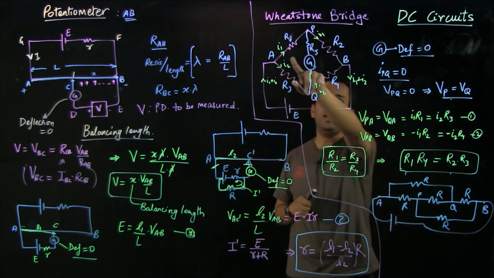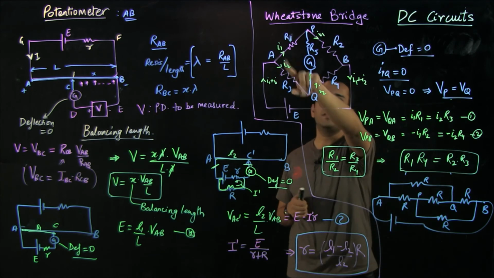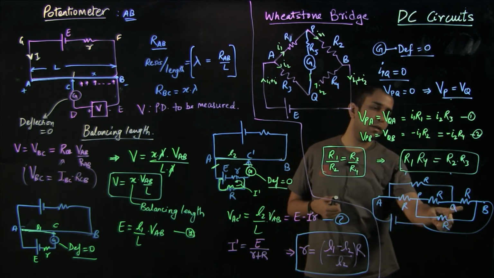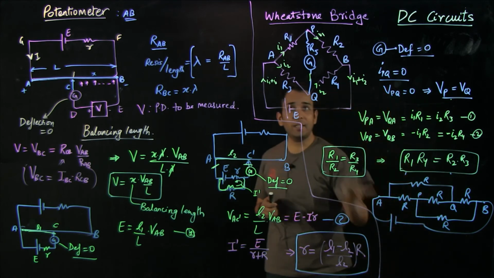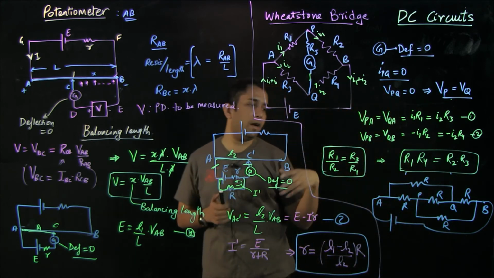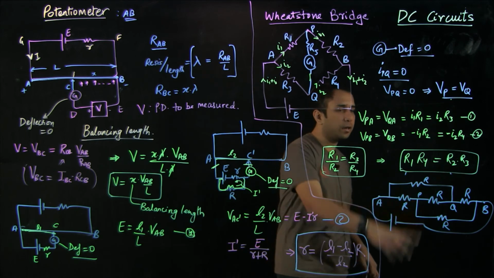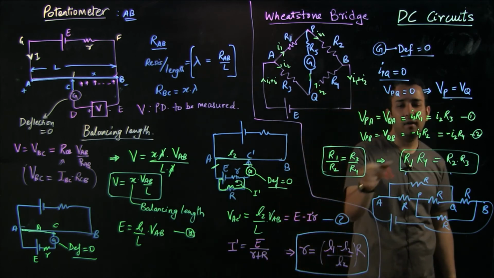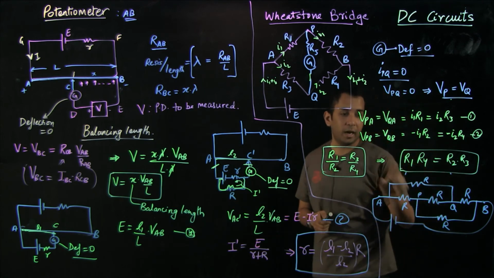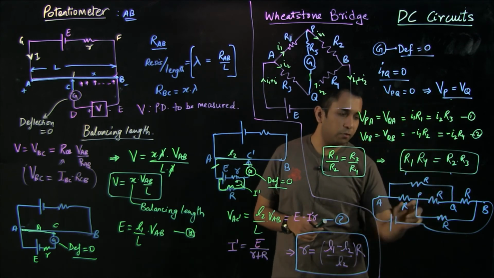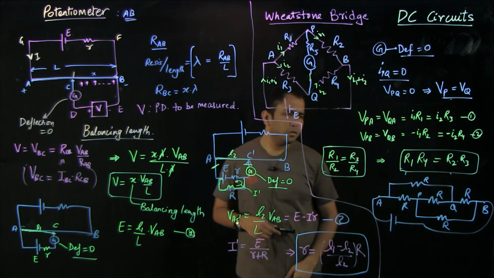There's a resistor between A and Q, a resistor between A and P, and similarly between BQ and BP. So this is the same exact Wheatstone bridge which we have discussed, and the values of the resistors are given and they do satisfy either of these relations, which means that this is a Wheatstone bridge, and now there is no current flowing through the branch PQ. So how can I solve it?